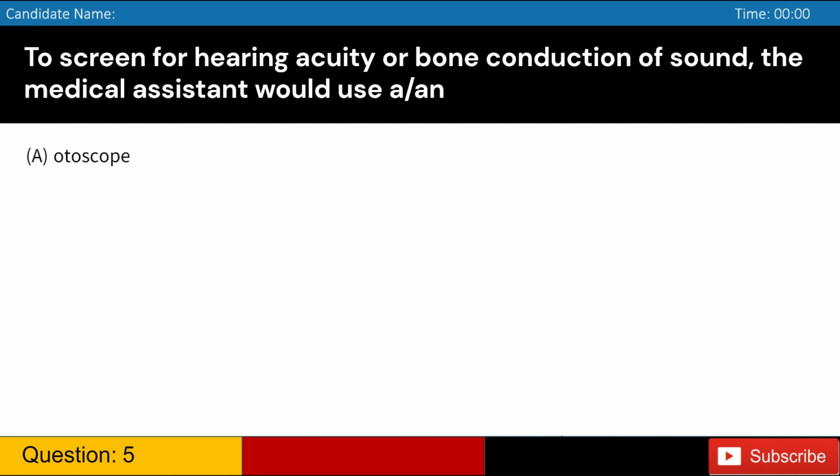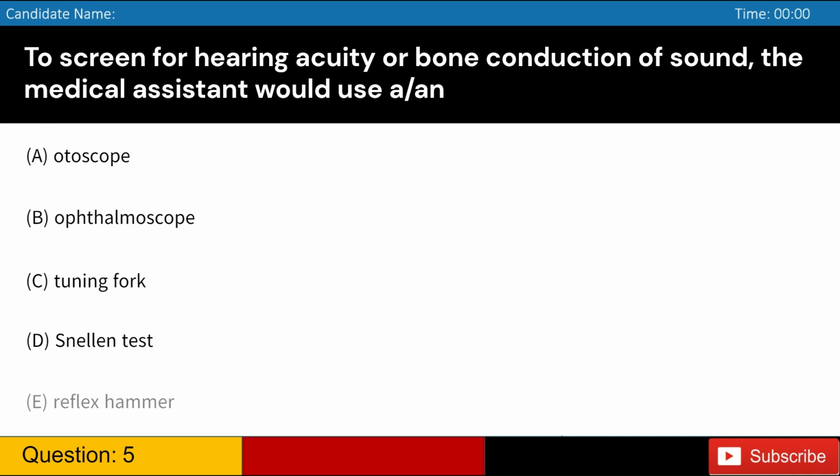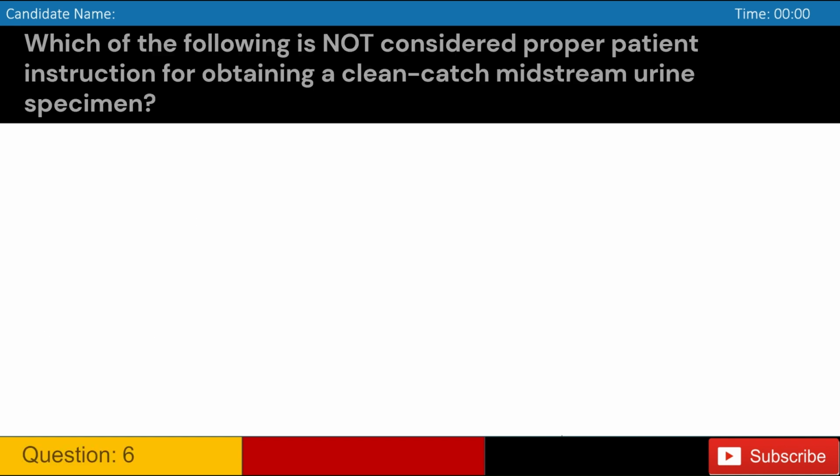Otoscope. B. Ophthalmoscope. C. Tuning fork. D. Snellen test. E. Reflex hammer. Answer C. Tuning fork. Which of the following is not considered proper patient instruction for obtaining a clean catch midstream